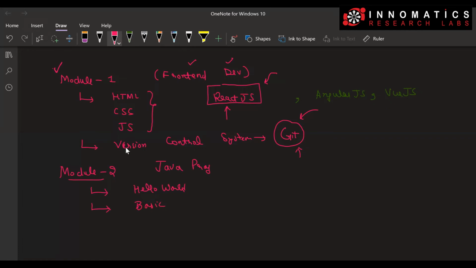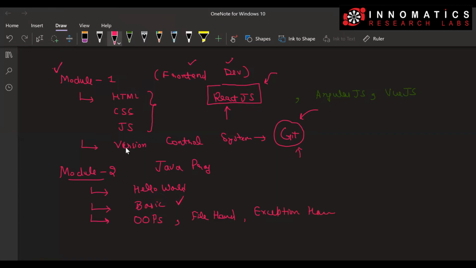Even if you don't know anything, module 2 is going to teach you each and everything about Java programming language. Once you are done with the entire basics of the Java programming language, we are going to jump into some advanced concepts like object-oriented programming concepts, file handling concepts, right? And we are also going to talk about exception handling concepts,